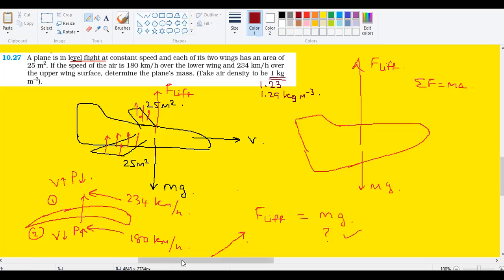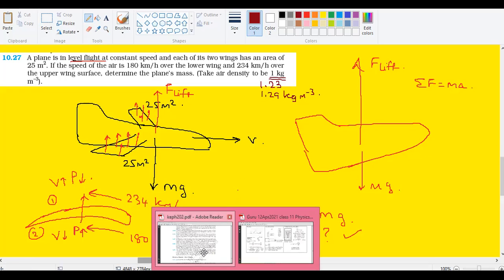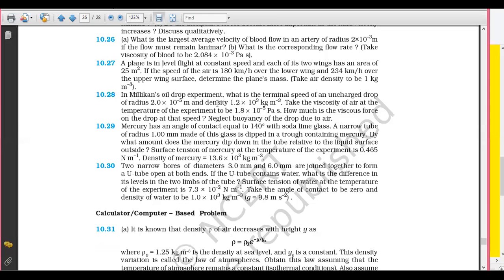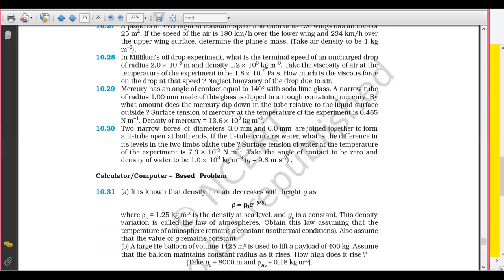Okay, so let me go back here. Try these problems. If you have any doubts, I can help you. Most probably, of course, Friday you have the test. So next class, Monday, I will get started with thermal properties. As I've been telling you, we don't have much time. We have to go a little bit faster, because in term one we had 6 or 7 months. Now we have only 2.5 months, not even 2.5, maybe 2 months. So I'll be going a little bit faster.